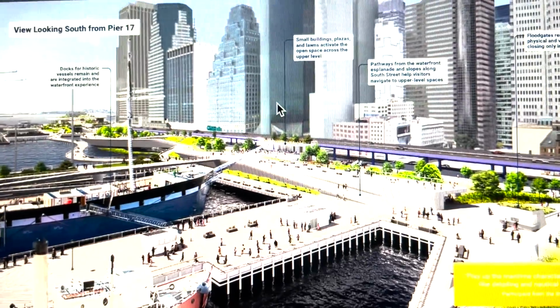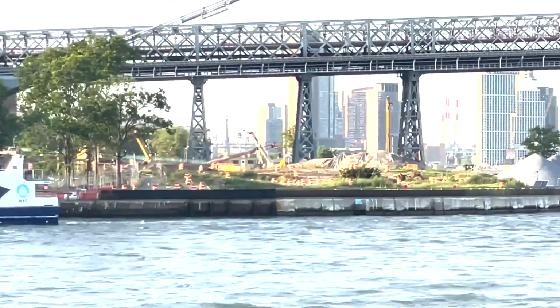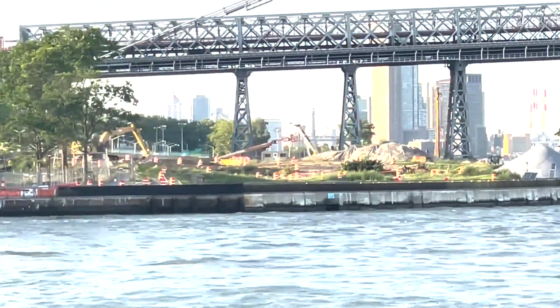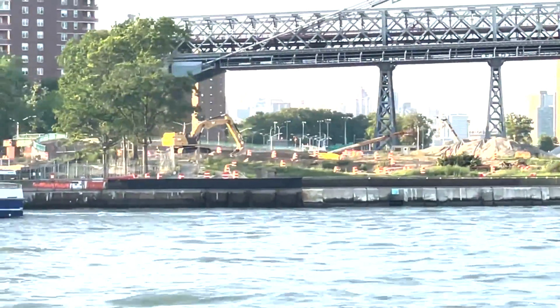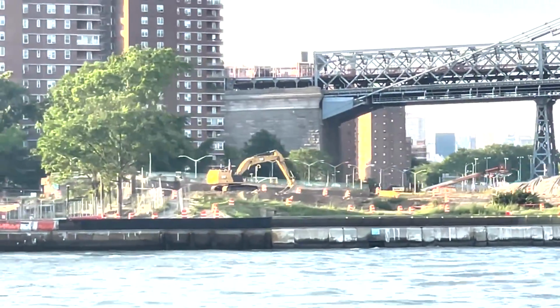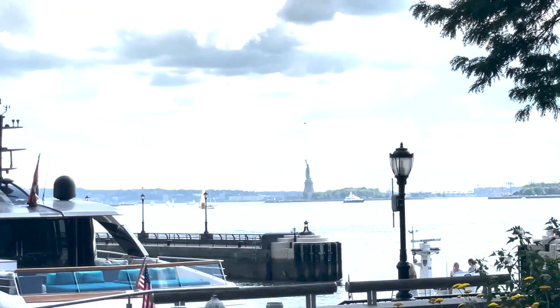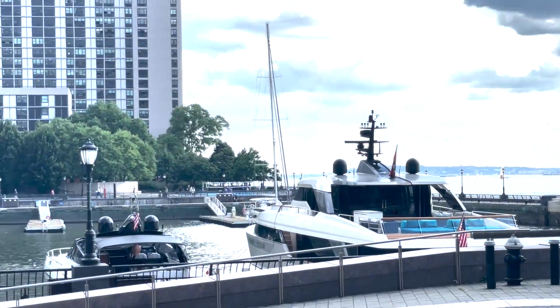by improved resilience. I have friends who live on Grand Street, and the park is being built over the reclamation project that's raising the height of the land by about 9 feet, which makes a lot of sense. Battery Park City is an interesting neighborhood. It reminds me a lot of